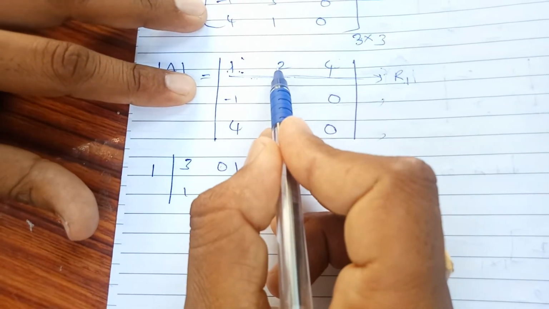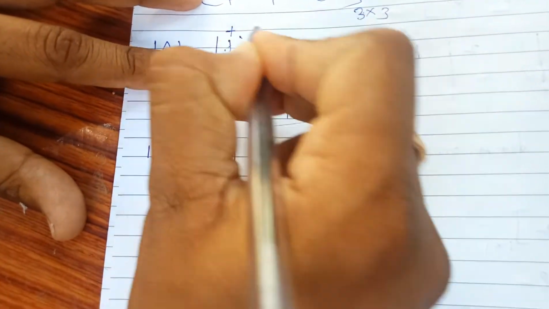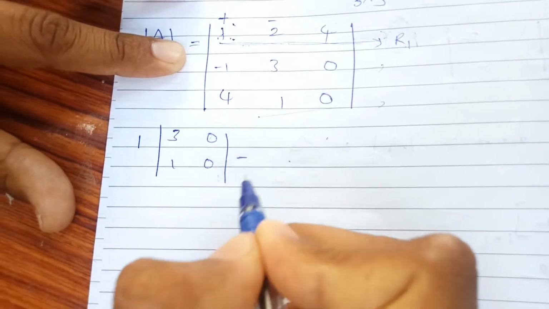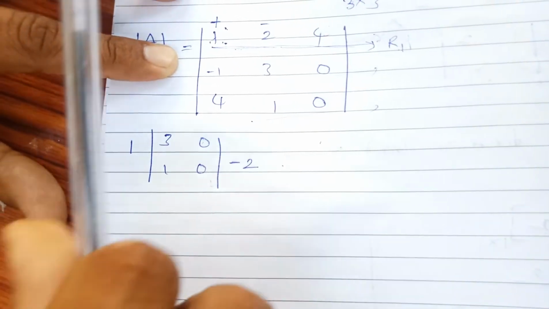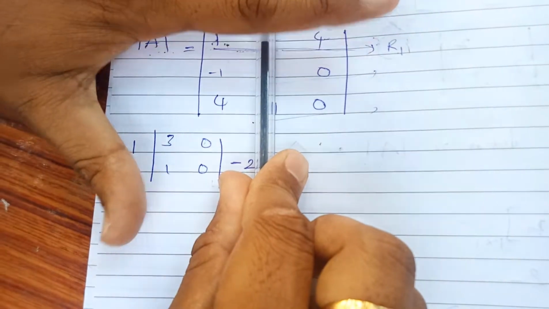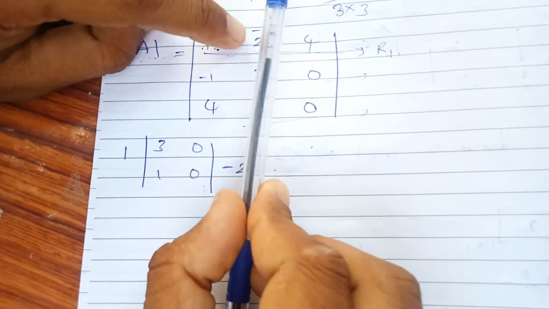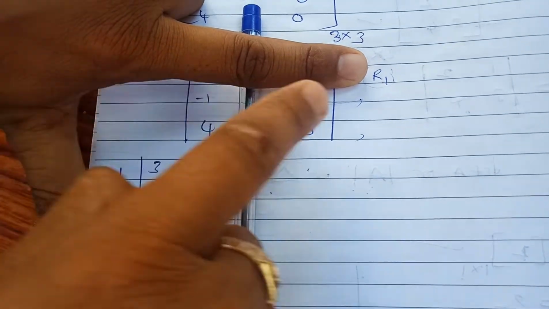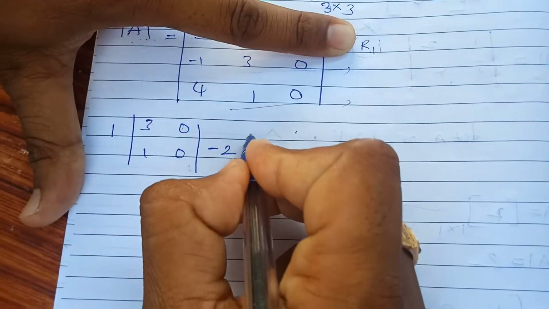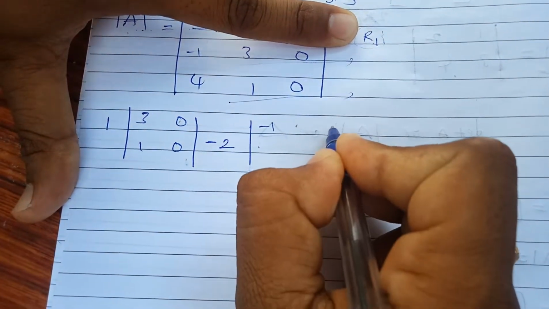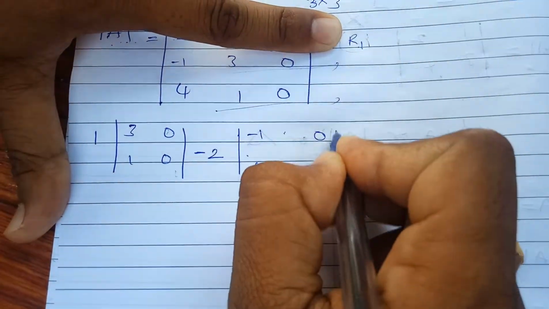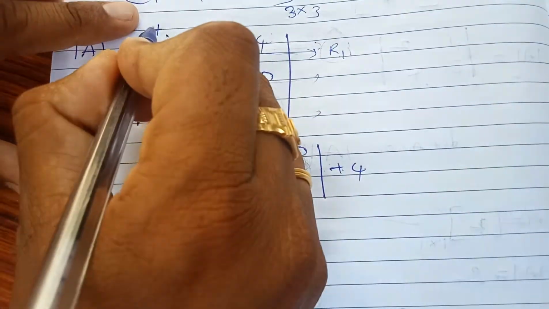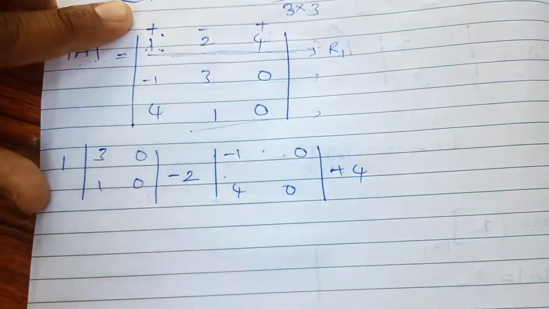Next, see, we have to use the symbol, this is the plus and this will be what? Minus. Okay, by taking here minus, we have to write minus, the element is 2. Again we have to close the address of this. What about the address of 2? That is the second column, first row again. Then the left out elements we have to observe here: minus 1 0 and 4 0. That's all we are writing in the determinant, minus 1 0, 4 0. That's all. And the last element is what here? 4. We have to write here plus. Remember, this is the plus symbol, minus, last one is plus. That's all.